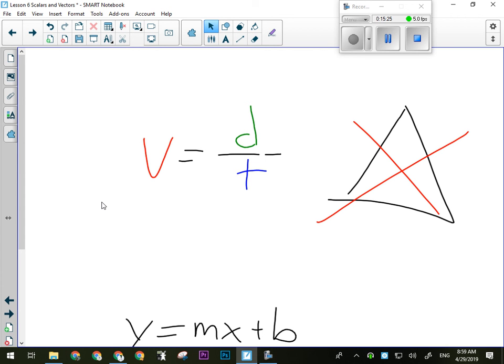Okay, if I divide by d, which is a way to do it, what am I going to be left with? 1 over t. If I divide both sides by d, what's d divided by d? 1. So the d cancels, but it leaves me with a 1 here. Then I can divide this side by d, but am I solving for t then? I'm solving for 1 over t, which is not the same thing. That would be like saying 5 is the same as 1 over 5. Is it? No, it's definitely not. All right, so